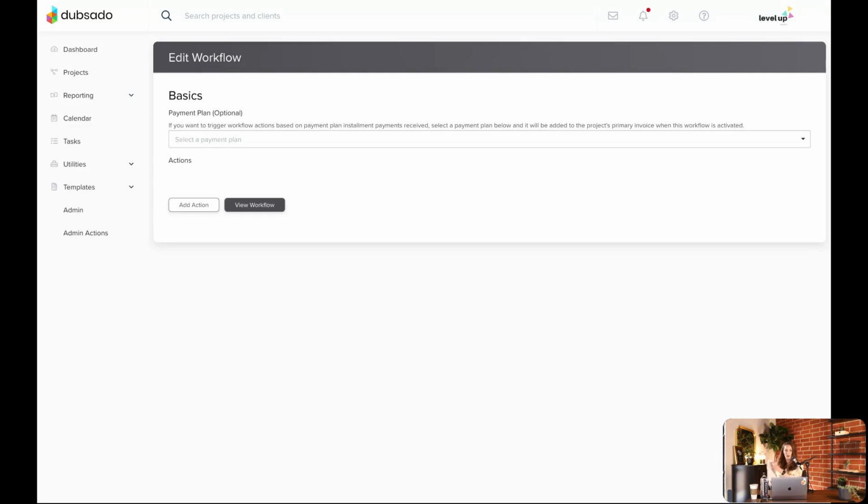Maybe not everything can be automated. Maybe only 5 items on your list can be automated. Maybe only 1 right now can be automated. That's totally fine. If one thing is automated, and that one thing before took you 5 minutes to do, that saves you 5 minutes per every client. So once you have your process written down, don't feel like you have to get it all into Dubsado,